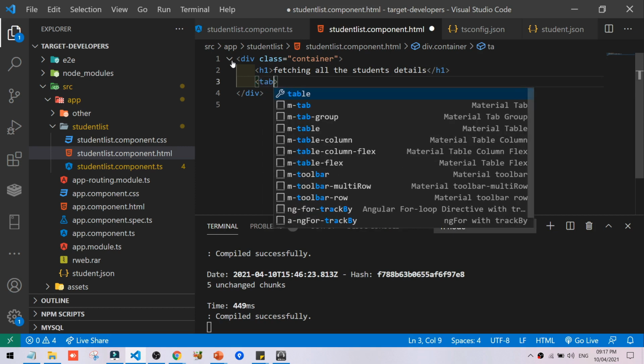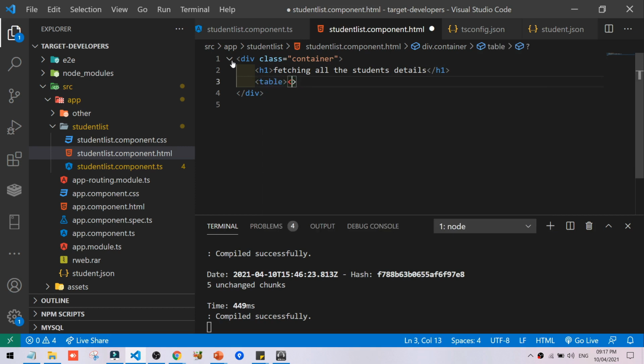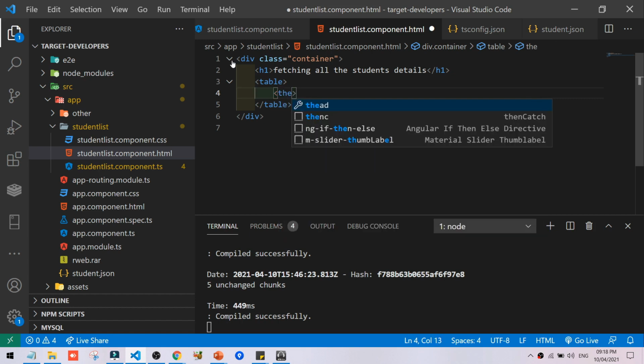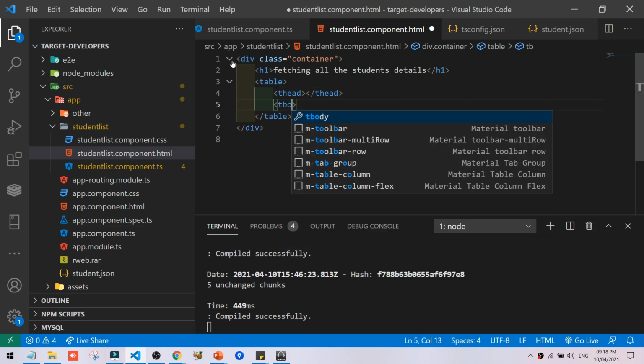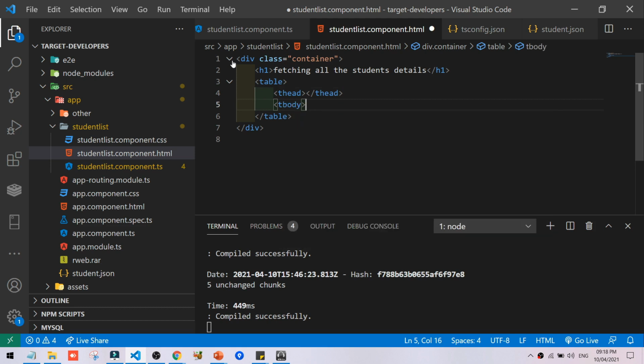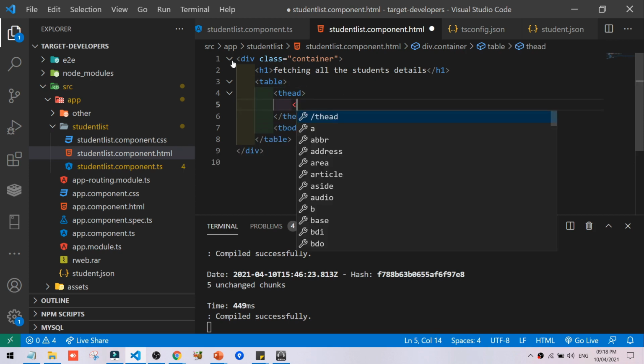We are using the table tag here. Inside the table tag, we have thead, opening and closing, and we are using tbody. Inside thead, we are giving the column names here, like th.